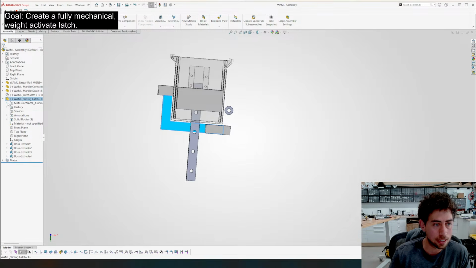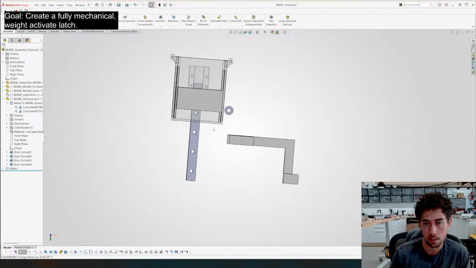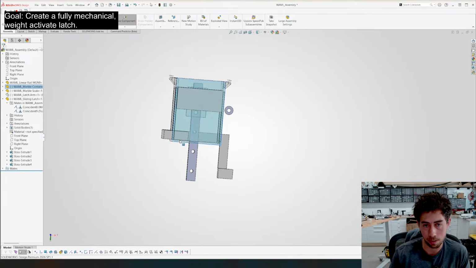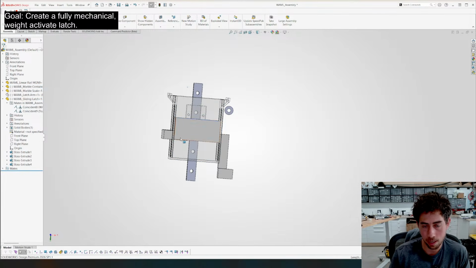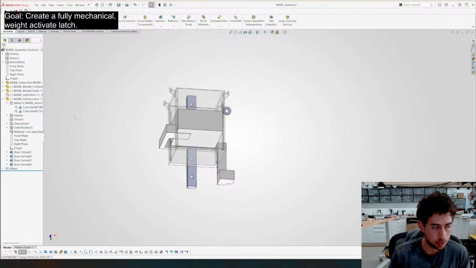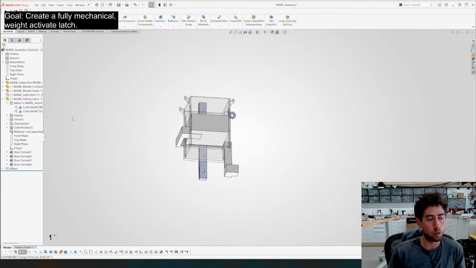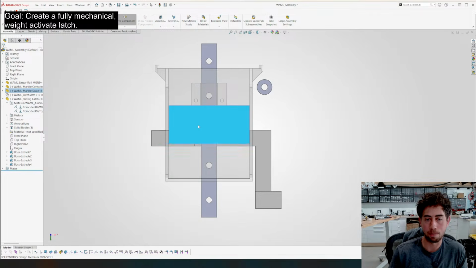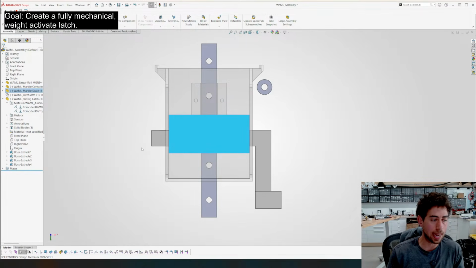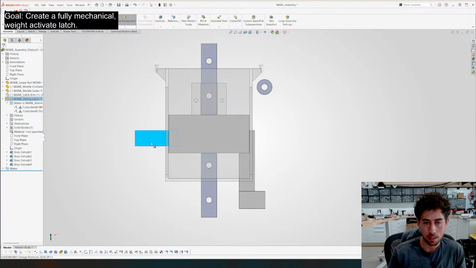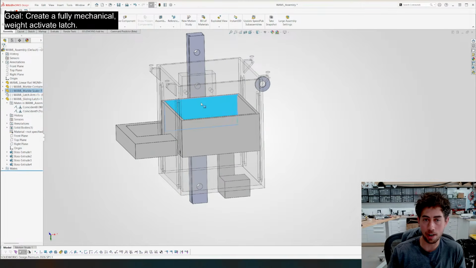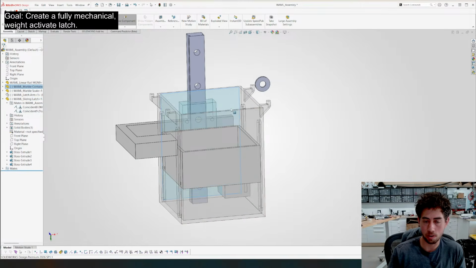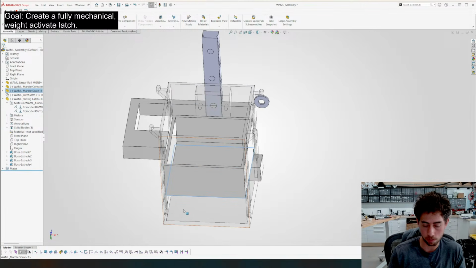Okay, this thing needs to flip. Boom. And now we're back in business with directions. Okay, let's do a quick recap of what we're building. So we're trying to build a latch and container. This container right here drops, and you know what, just for the sake of this, we're gonna just do a quick